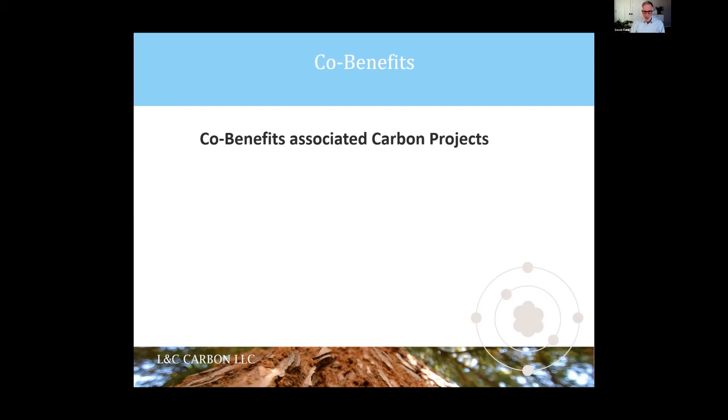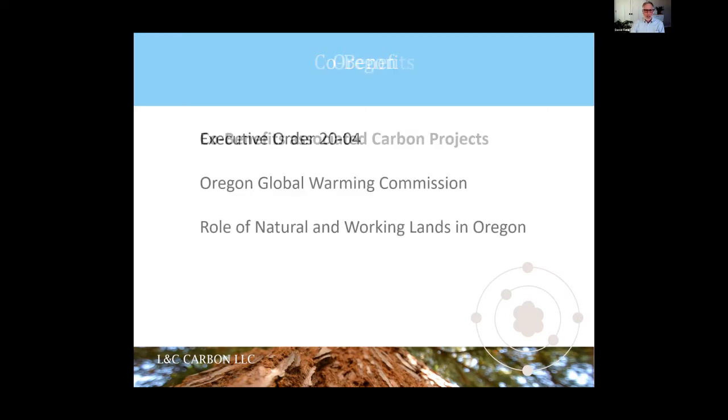There are also a lot of co-benefits associated with carbon projects, and the real question will be how do we monetize some of these co-benefits going forward? And we are looking at that. There's a group of us that are beginning to look at these questions through the American Forest Foundation's program, to see how we can place a value and actually measure what those co-benefits are and put a price around them, to be able to stack those co-benefit values with carbon prices or justify higher prices of a carbon offset that has clear co-benefits associated with it.